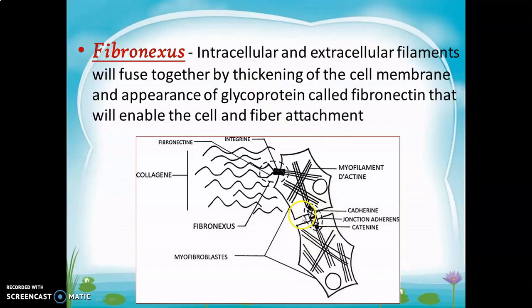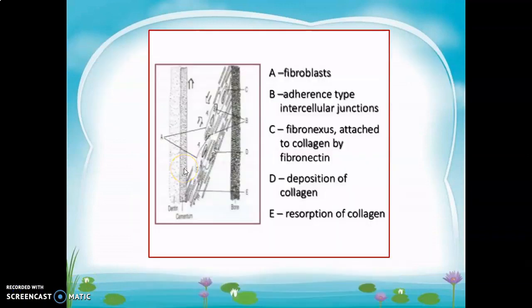Here you can see the intracellular contractile filaments attached to the cell membrane and extracellular filaments attached to the cell membrane by means of fibronexus. Another important feature of the periodontal ligament fiber is that it even undergoes continuous remodeling as well. Now, to summarize, this image shows